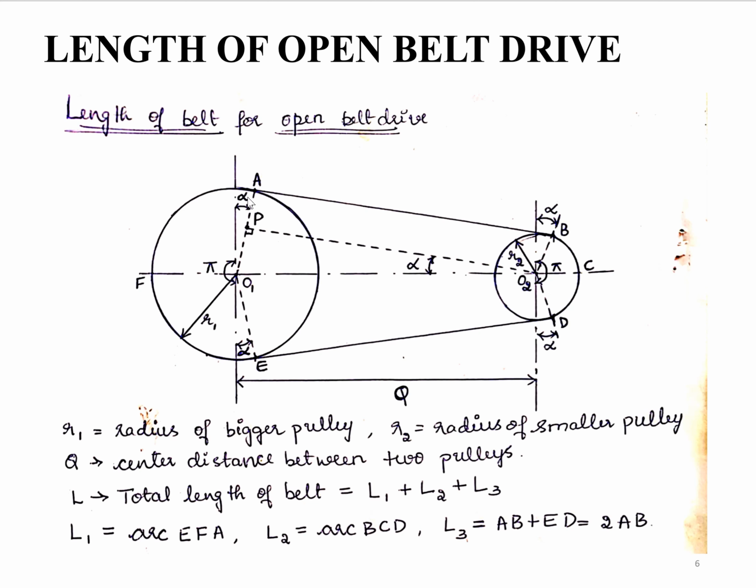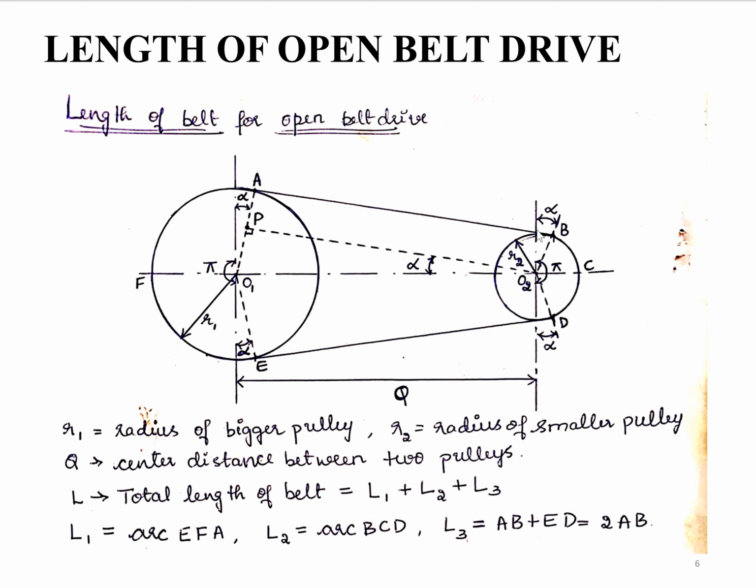In the case of a driver pulley, or a bigger pulley, the belt is in contact for more length. So what does it say? It says the belt on the driver pulley is in contact for more than 180 degrees. What is that? 180 plus 2 alpha.